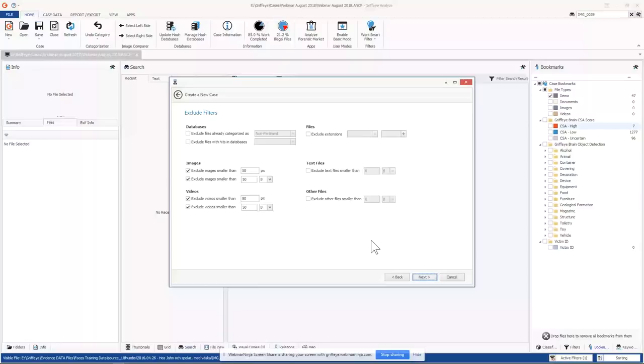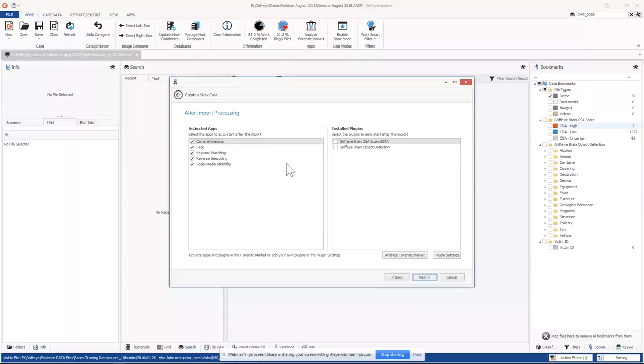And here's that exclude filters I was showing you guys. If you want to exclude files as they come in, you can exclude from whatever database. Otherwise, it's going to check all the files against all the databases. We typically set this 50 by 50 parameter to exclude images or videos that are smaller than 50 pixels or 50 bytes. That's because of the restrictions on PhotoDNA. It can't operate on files that are smaller than that, so you won't get that deduplication and stacking. And typically those files are so small it's hard to discern what's in them anyway.